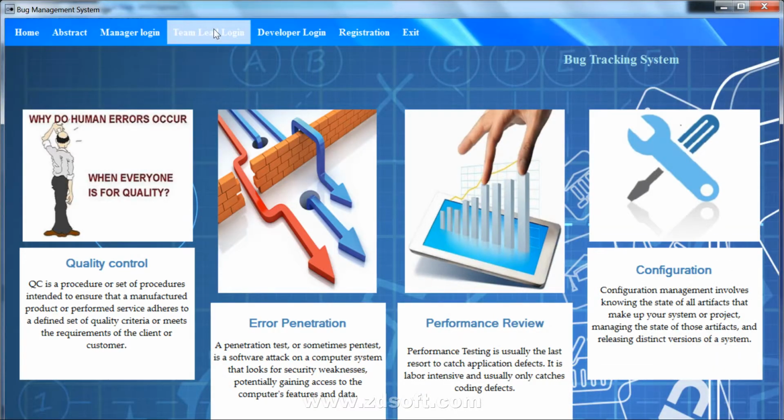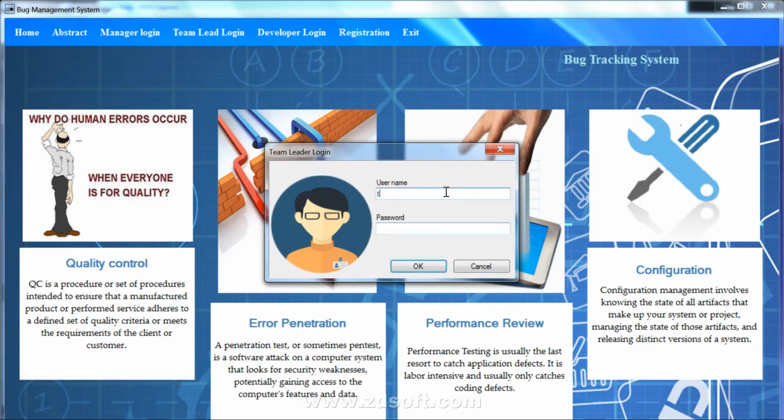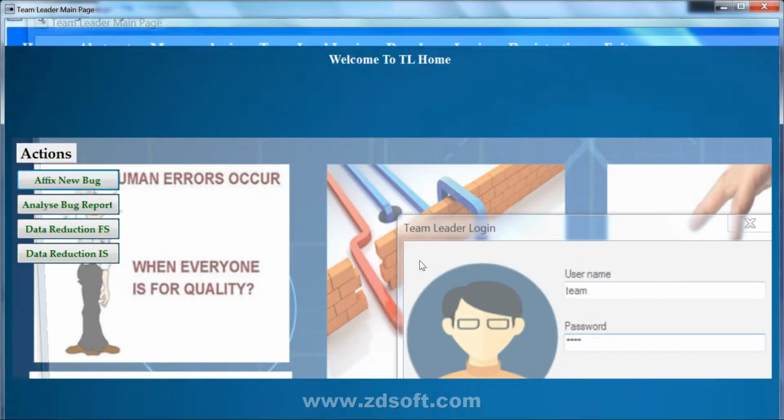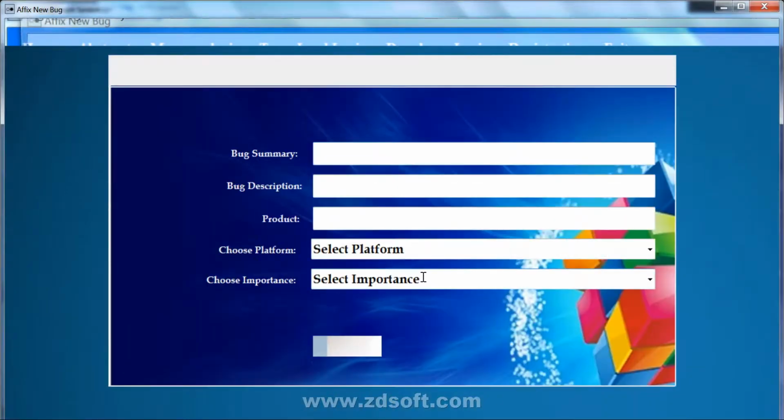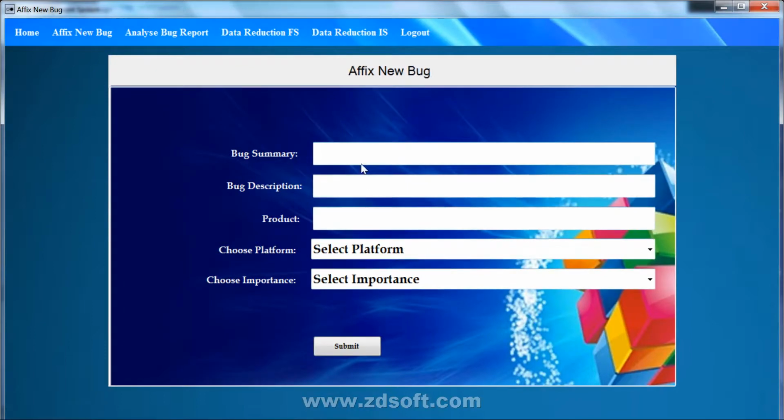Next, coming to the team lead, the team lead has to log in. And he has to fix a new bug that needs to be rectified by the developers.